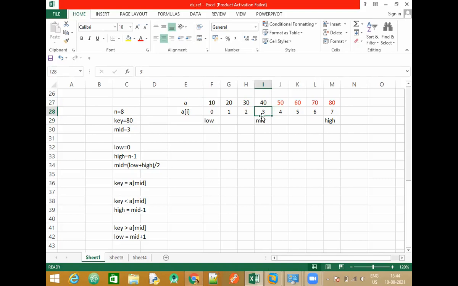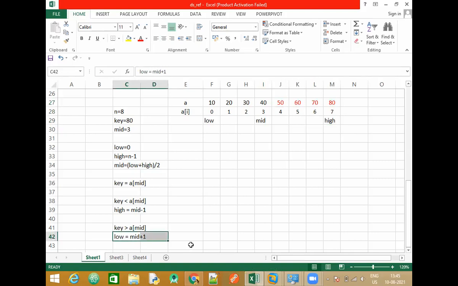Okay. Now, once this is done, I said the search needs to be performed here. Have a look here. We have the value of high. Where is the value of low? We do not have it. This is a new array now. We are not going to consider whatever is on the left hand side. In the new array, do you have the value of low? No. So we need to find the new value of low. How do you find it? Have a look here.